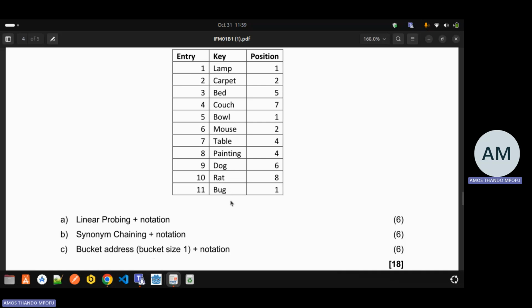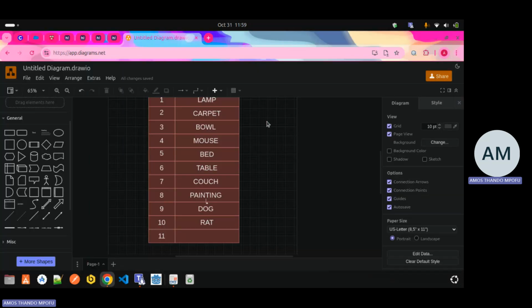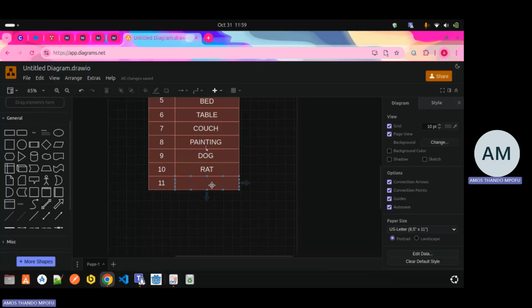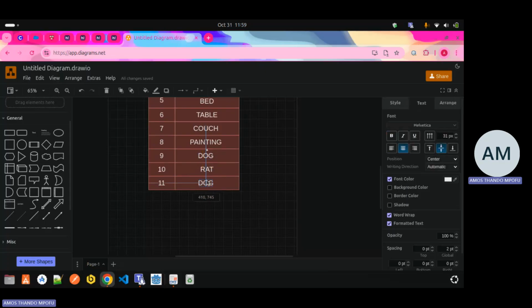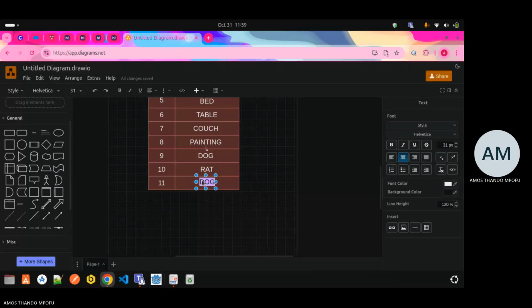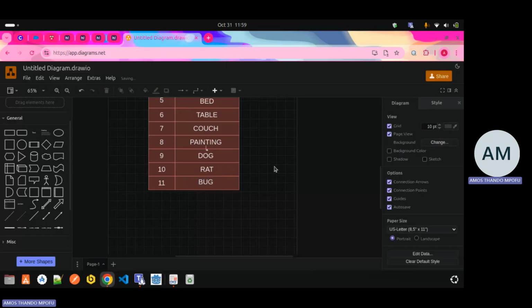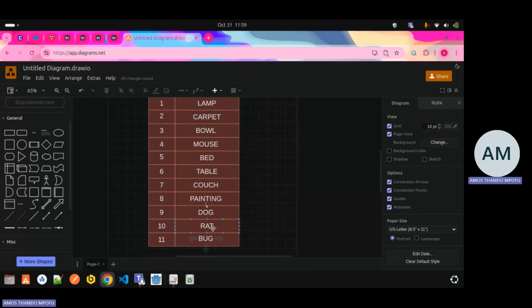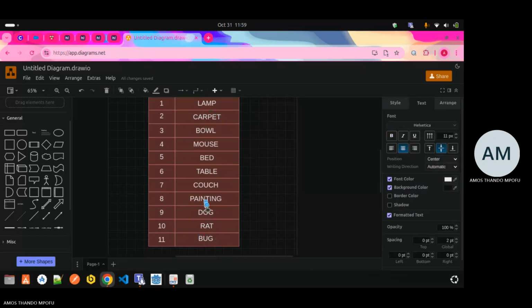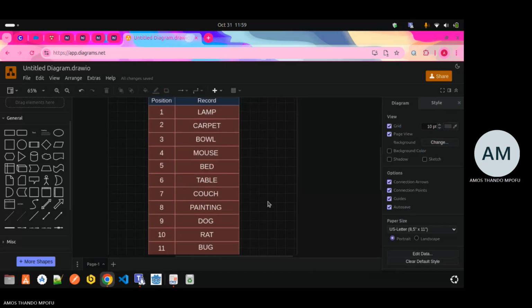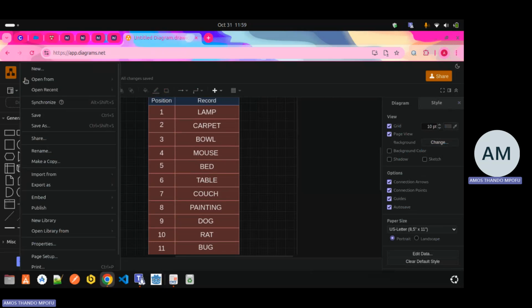and then last one, it's bug. So we're gonna start at the top, we go down checking the next available until we realize the last one is the only one that is available, which is bug. So this will be bug. So this is pretty much the format. This is the answer. Then I'm going to delete this. So this is the actual answer. So this will be the answer for linear probing, right? So I'm going to save this